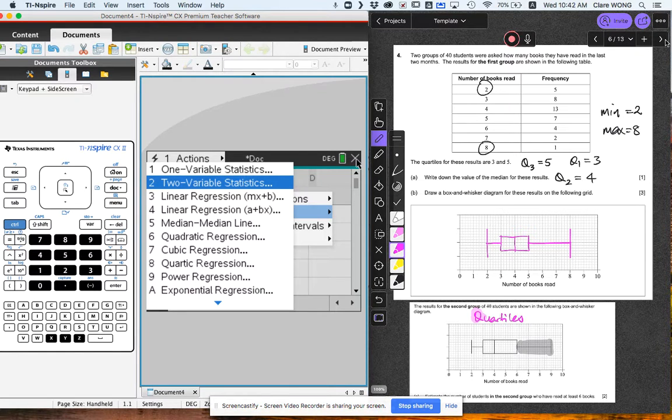And so this is your first, second, third, and fourth. But they all represent 25% of your total number of people involved. So here, this is just a quarter, 25% of 40, which is a quarter of 40, so 10. So estimate the number of students in the second group who have read at least 6 books. The answer is